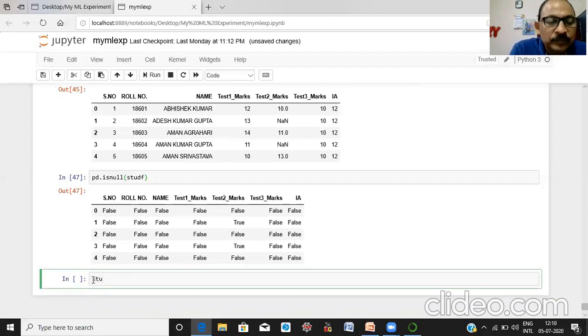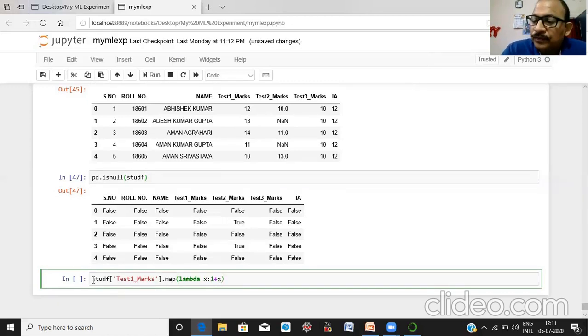Data frame name, column name, suppose test1 marks 1, dot map.